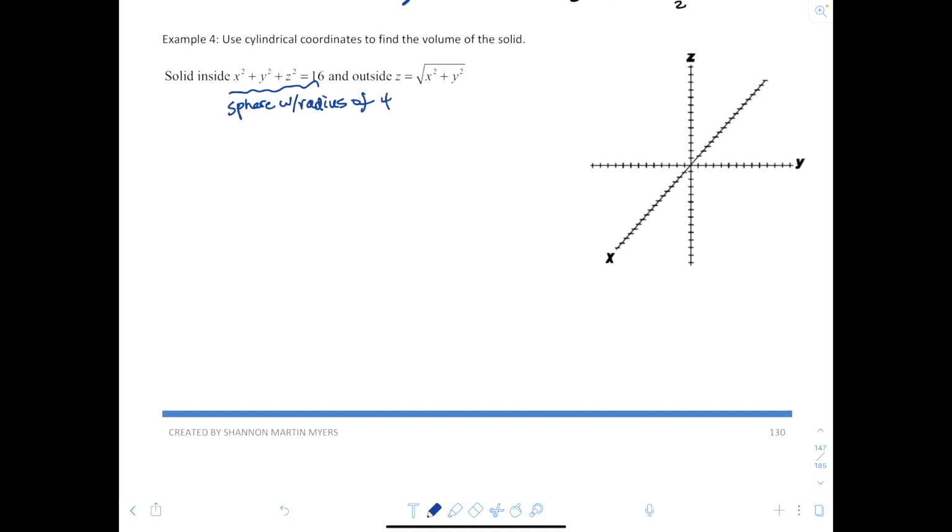And then z equal to the square root of x squared plus y squared, I think, is going to give us an ellipsoid. So it's going to look something like